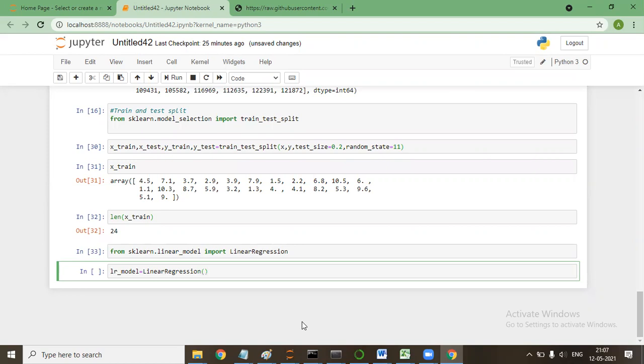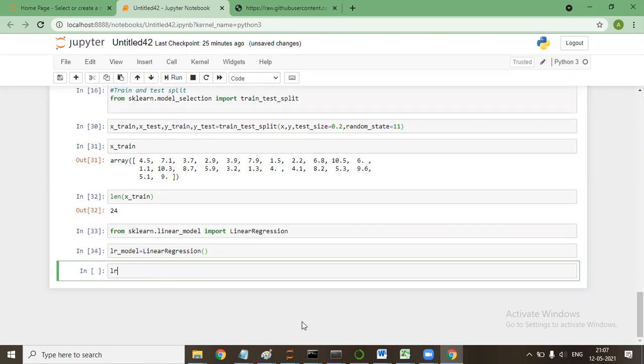I'm just assigning a different name to it. Then I'll say LR_model.fit(X_train, Y_train). I've been fitting it with X train and Y train.